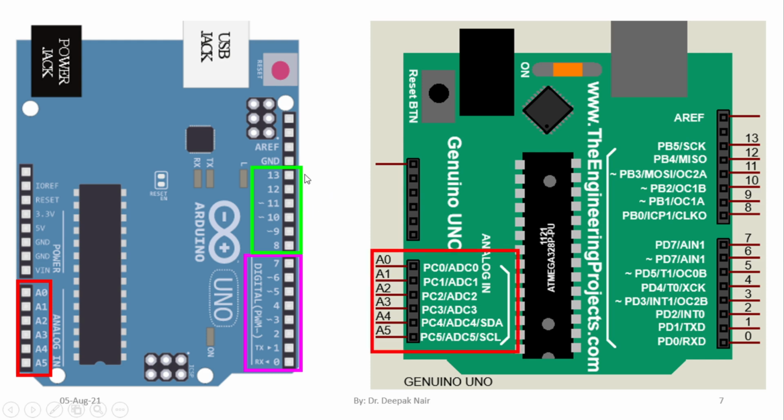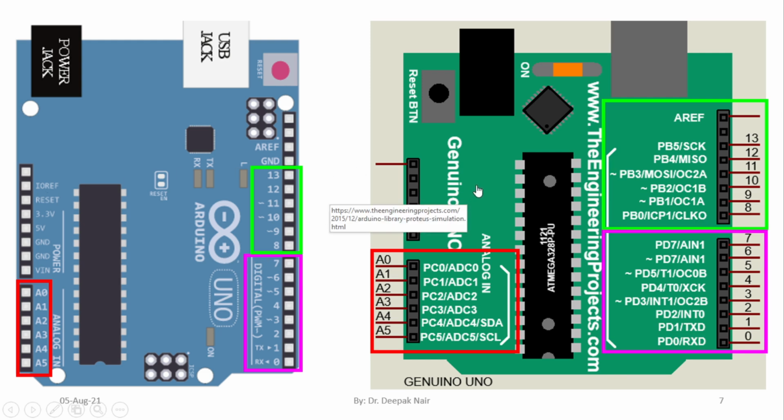Before that, let us correlate the pins here. Again A0 to A5, here you can see it is almost the same, A0 to A5. Then pin number 8 to 13, you can see here again 8 to 13, and pin number 0 to 7, pin number 0 to 7. Only thing is here you don't have to use VCC, ground or something like that. So in this board which is available with engineeringprojects.com, you don't have to use any power supply and so on. So to download the library you can go to this website.